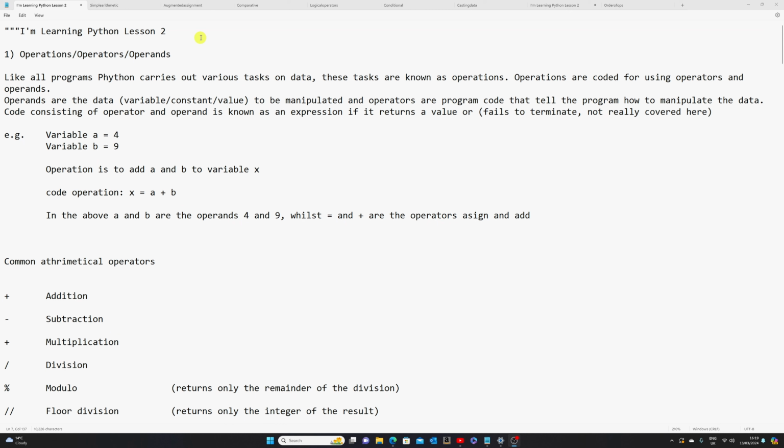Now, I've done this slightly differently than the first lesson. In this lesson, what I decided to do was do my studying and produce all my notes and my test code and test them all out before producing this lesson. The reason being that there was a lot more to understand and get my head round in this lesson than